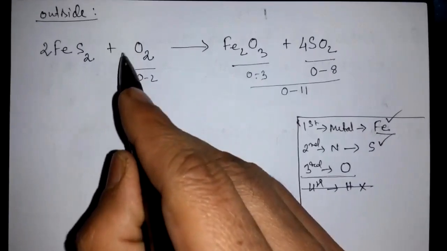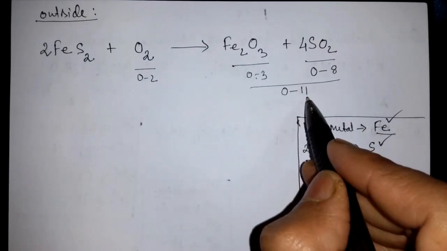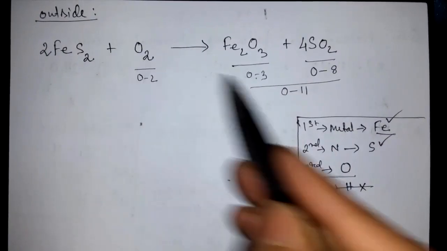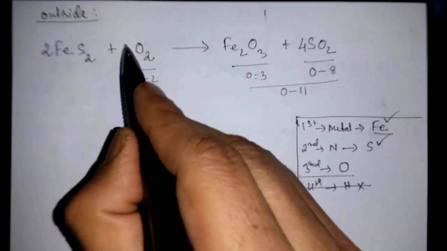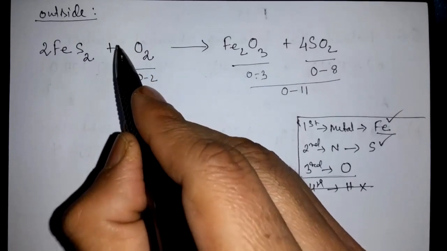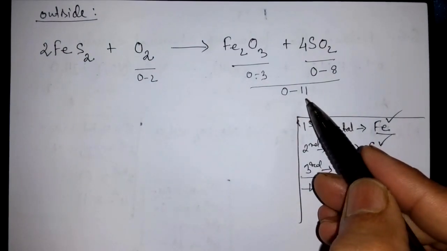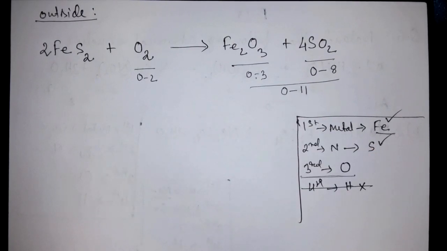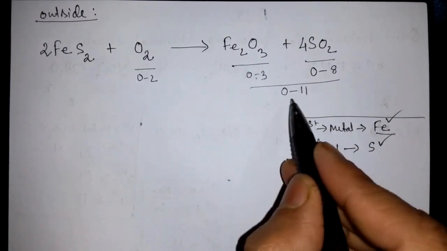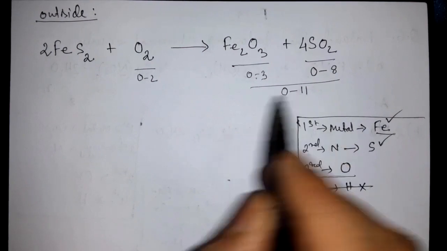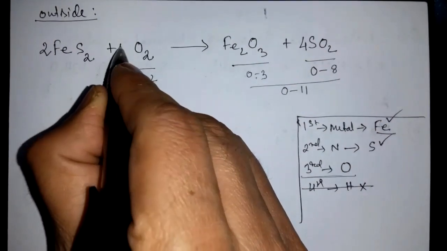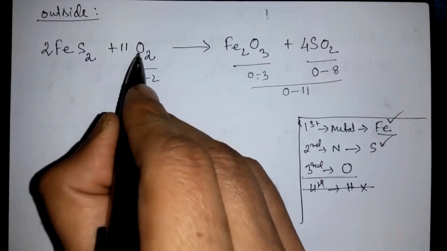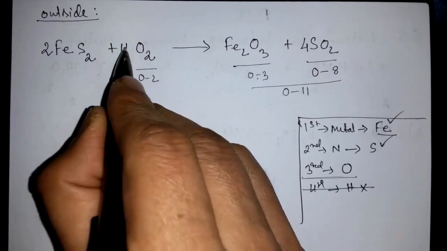Because there is no number that gives 11 when you put it here. For example, suppose you put 5, then 5 2s are 10. Then after 5, the next number is 6, so 6 2s are 12. 11 you will not be getting. Then in that case, what you will be doing, okay, the right side total is 11. So you write 11. But if you write 11, this is not 11 because it becomes 22.